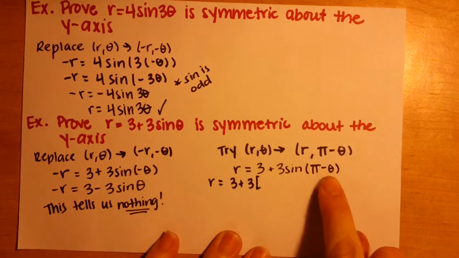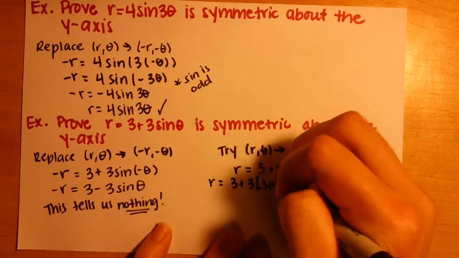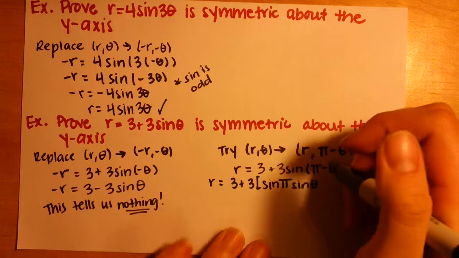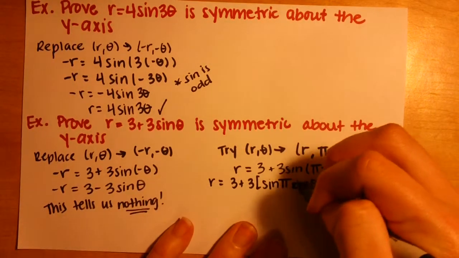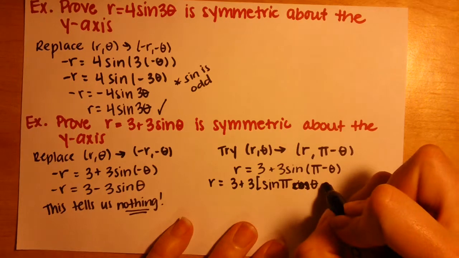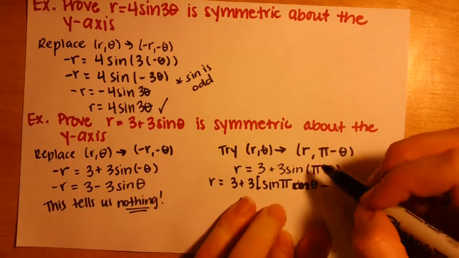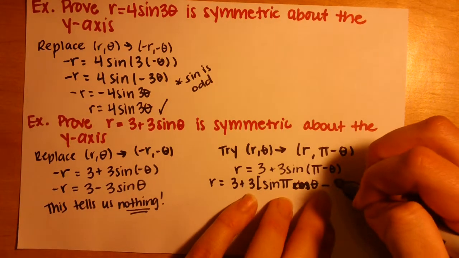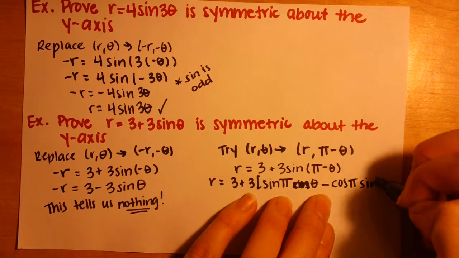Now this is the difference of angles. So we have sine of pi, cosine of theta, and then we have minus, because when we're using the difference of angles, sine stays the same,